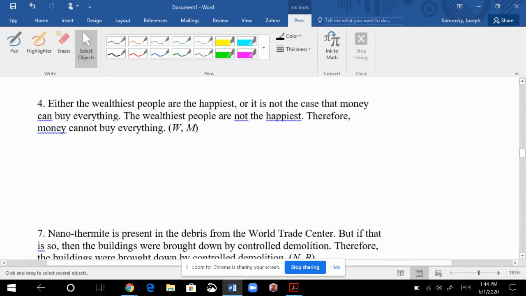Number 4, you can push pause. Just as a hint, we have 2 propositions, so it's going to limit our number of forms. That's not going to be a constructive or destructive dilemma. I am looking at either-or, so that's going to eliminate using the conditionals, things like that. Little hints, little triggers. So this one will simply be